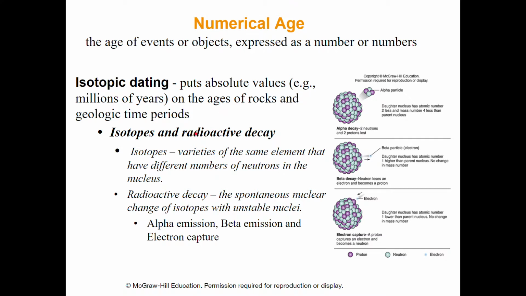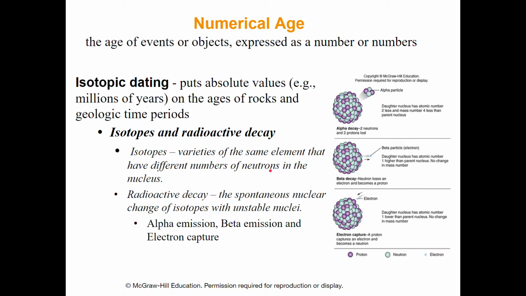So remember, an isotope is a variety of the same element that has a different number of neutrons. So if I've got a hydrogen, it's got one proton, one neutron. If I add another neutron, guess what? It's just a different type of hydrogen, but it's still hydrogen. Now, if I add a proton to that hydrogen, where it no longer has one proton, but two protons, it's now helium, because the protons dictate what the element is. The number of protons make it the element. It's how we define what an element is.